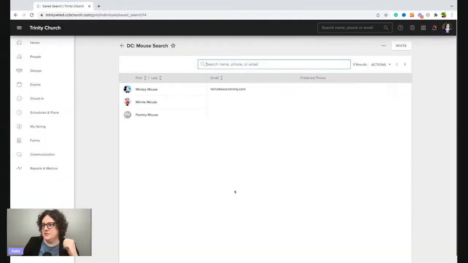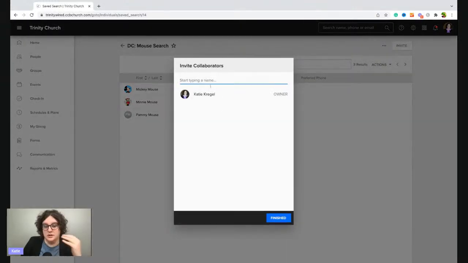And then you can see it brings up this new window because you can invite people to collaborate on this search. So they can see the information. They could change filters if you give them permissions to, all right here. So let's say I want Fred Flintstone. Fred Flintstone can view it, he can edit it, or I'm going to make him an owner. A lot of times, and this may be your case too, you may be the main CCB person, like the guru of CCB at your church.